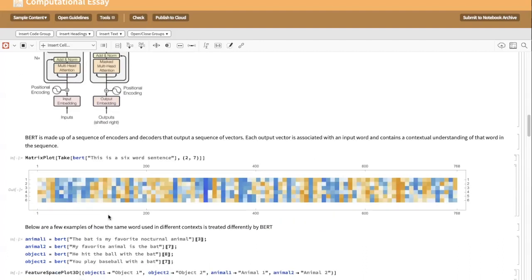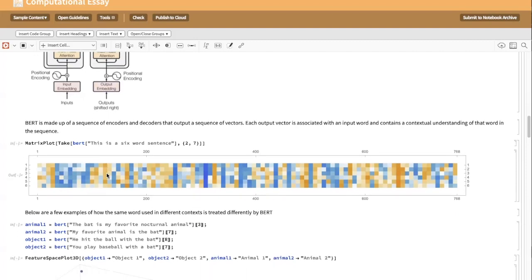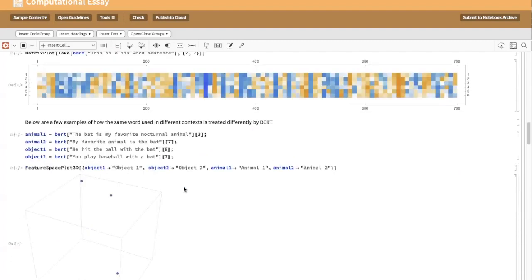What makes BERT so special and differentiates it from a typical embedding algorithm is that it actually captures the contextual meaning of a word in a sentence. So here I gave an example of a matrix of how BERT views, quote unquote, views certain words in a sentence. Each vector is slightly different because they have different meanings.